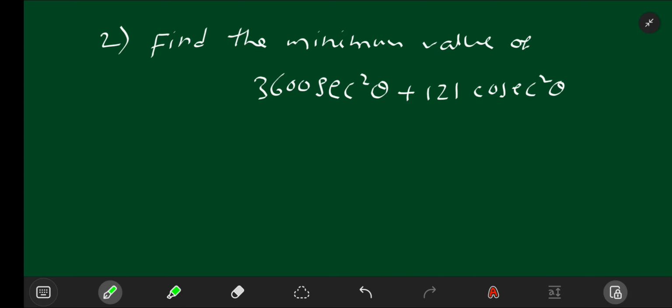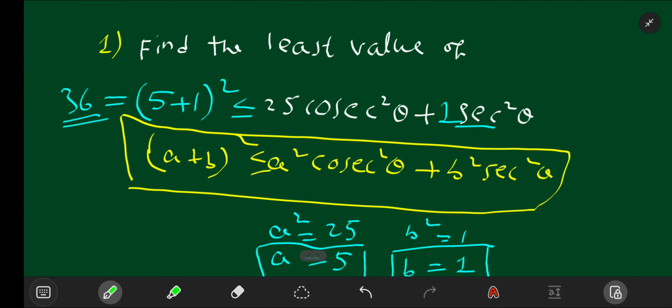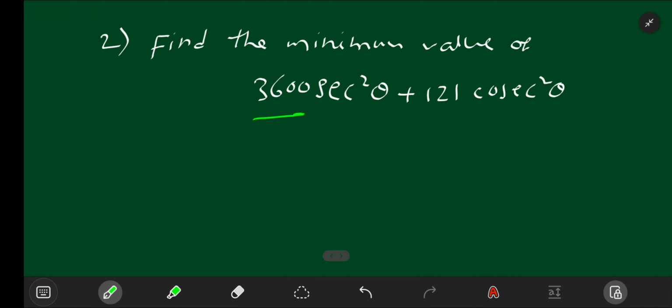So same formula only, no? Previous, this is the formula, no? 25 cosec square theta, a square cosec square theta plus b square sec square theta. Here also this numerical value is sec square theta, numerical value is cosec square theta. So we have to find, this is equals to a square, this is equals to b square. Okay. So a is equals to square root of